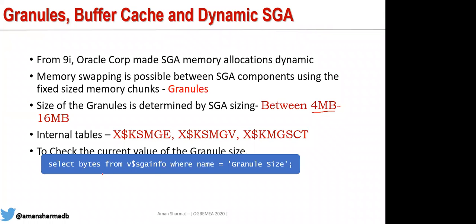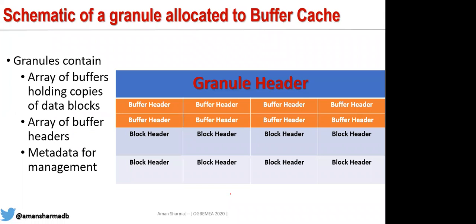16 megabytes. We can check in the SGA info what the current granule size available to us is. It is available publicly now; earlier it was not. Every memory chunk allocated to us in terms of the memory structures is available from this granule structure itself. This is what the granule structure looks like from the buffer cache part. Every buffer which is going to be accessed,